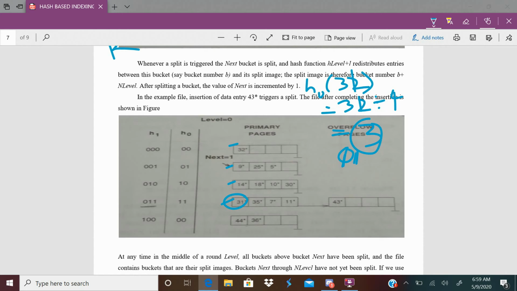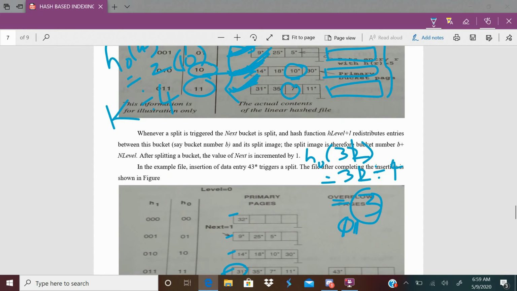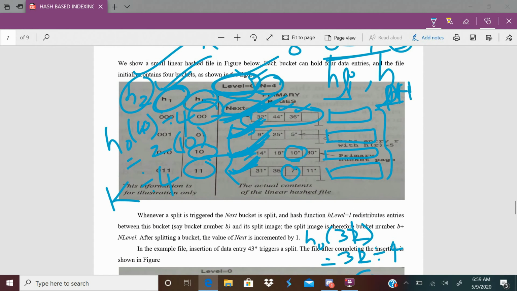Now we will discuss the cases of insertion. Look here: I'll be inserting a data entry 43. Just observe.